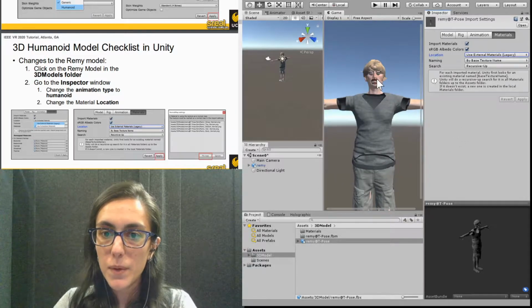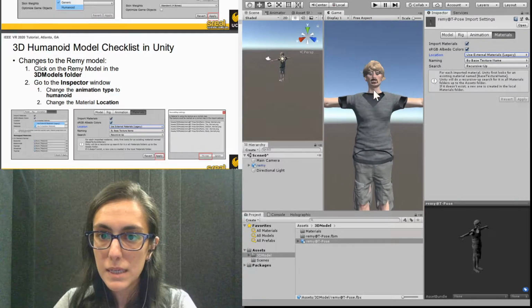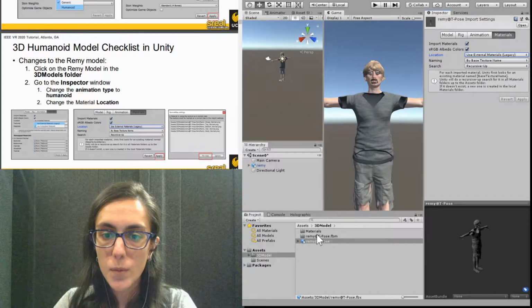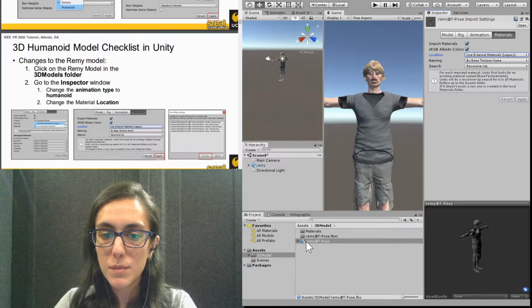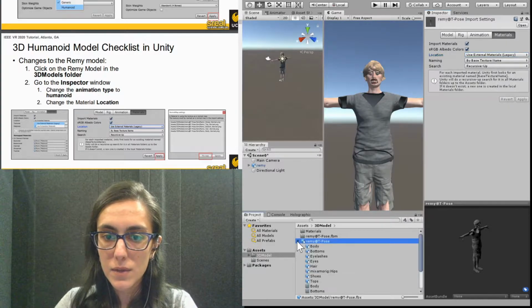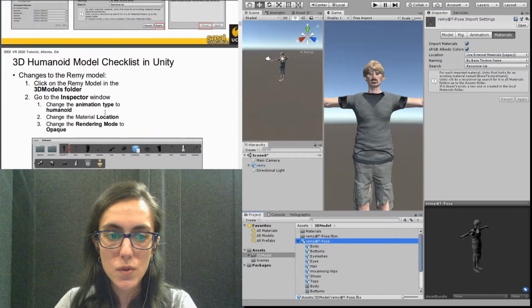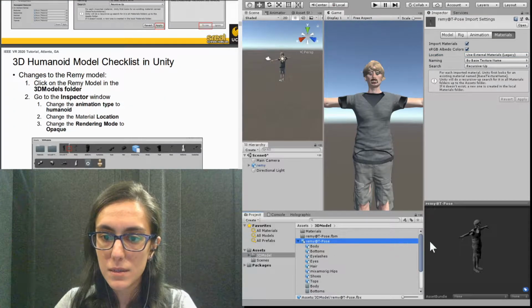Okay, but when we look at Remy again, he still looks kind of scary. The reason for this is that some of Remy's material is transparent. That's why he looks kind of strange. So what we're going to do at this point is,